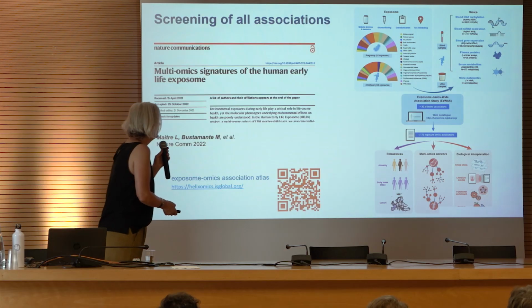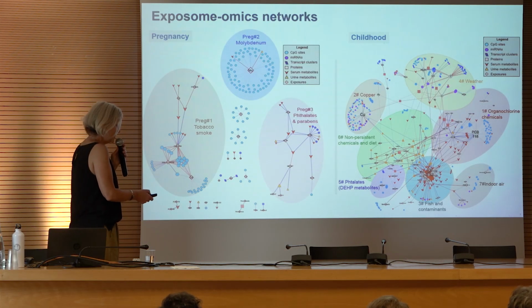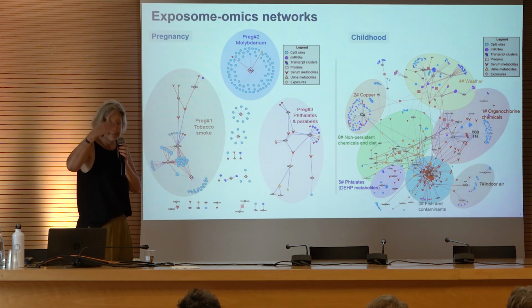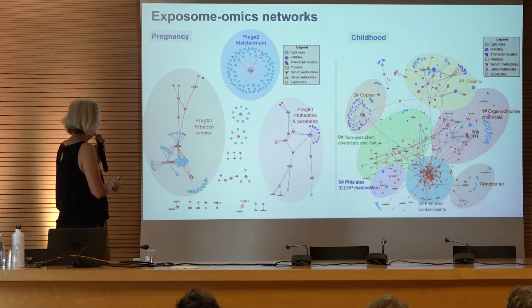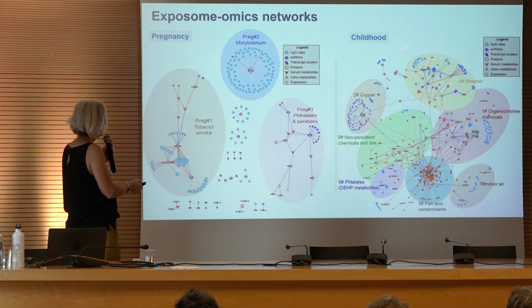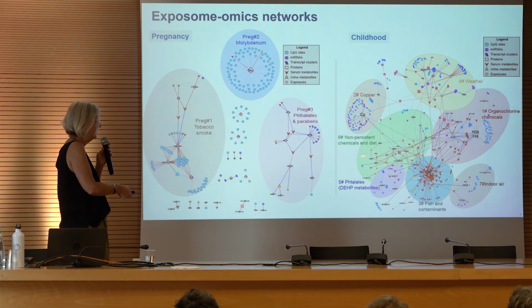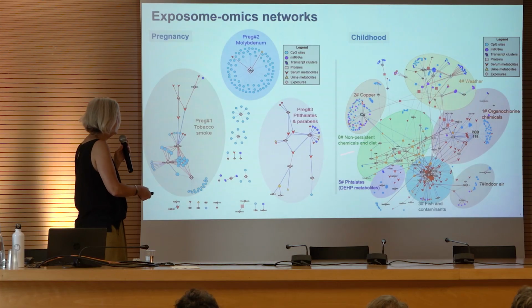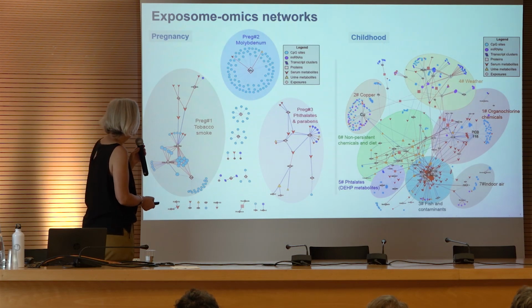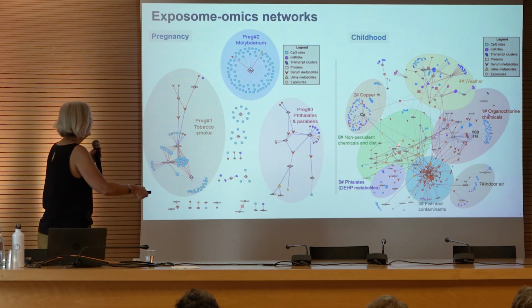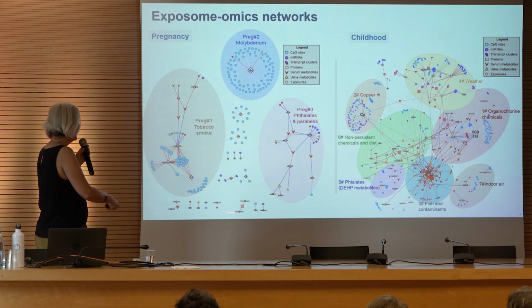So what we did is we built networks of these associations that we found with our exposome omics-wide association. So this is building a network using the betas from the association studies. And this is the pregnancy network, this is the childhood network. And what we found was that